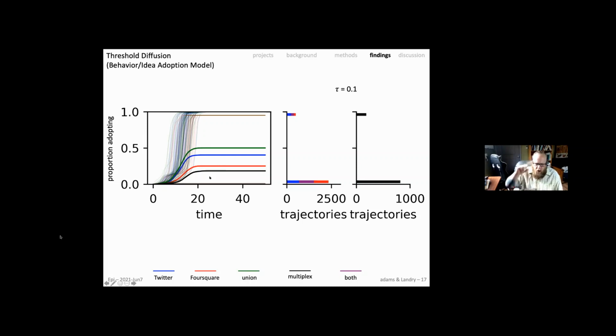However, if we look at only the Twitter or only the Foursquare network, you end up with more people adopting than in the multiplex network, and the union is even more than either one of them. So in this case, the union under the threshold approach leads to a wider spread than in the multiplex network, which is, in a number of ways for our question, the inverse of the findings from